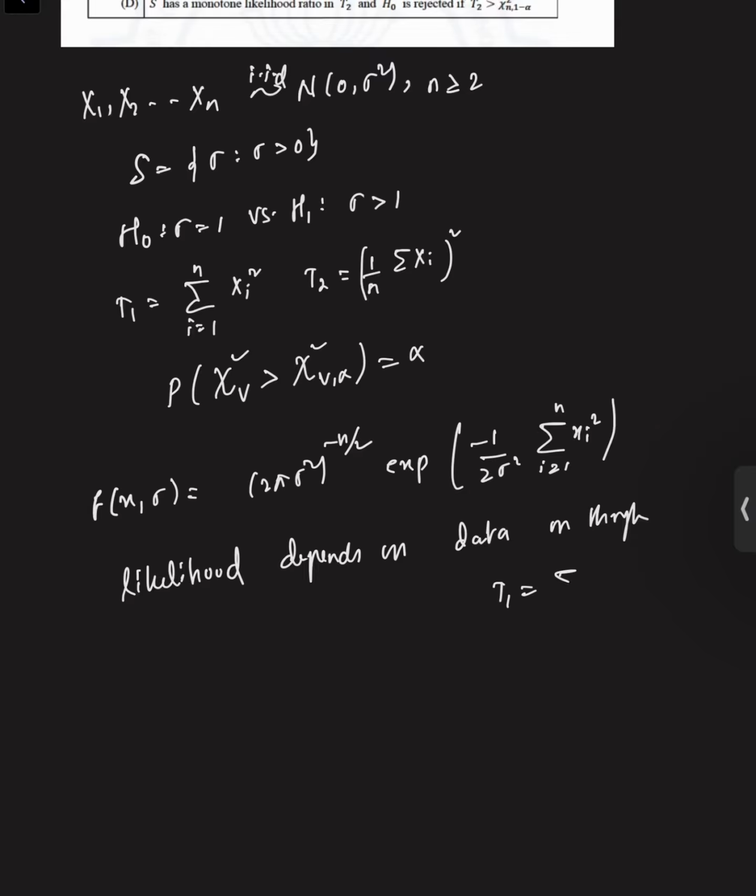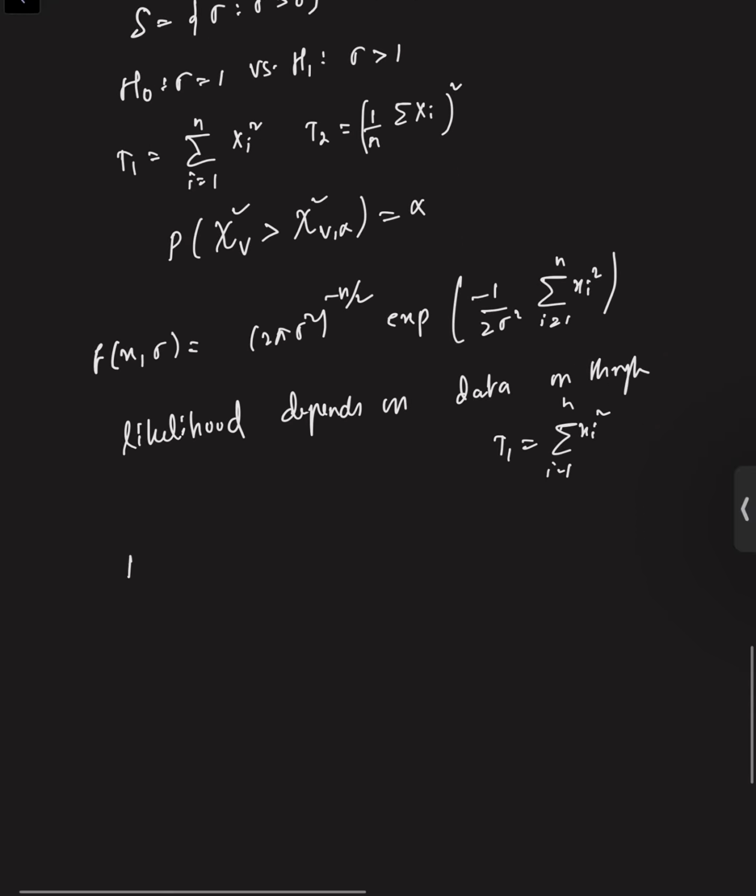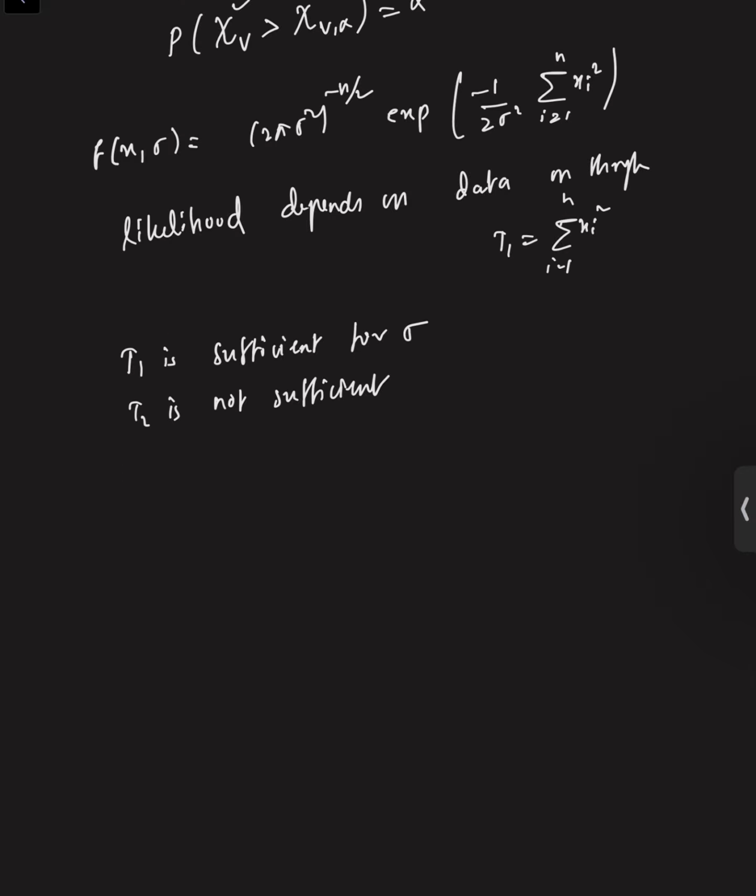So T1 is the summation of xi square, i equals 1 to n. So that means we can clearly see T1 is sufficient for sigma, whereas T2 is not sufficient for sigma. So T2 is not sufficient. So that means if I consider two values, sigma 1 less than sigma 2, the likelihood ratio f